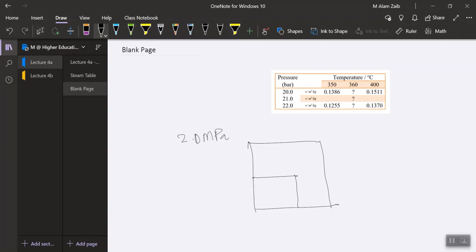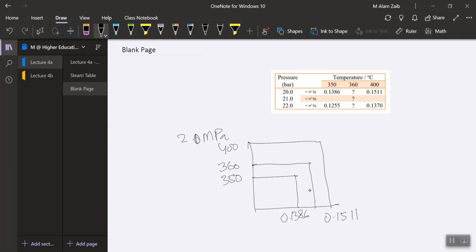At 2.0 megapascal, the value at 350 is given, the volume value I'm saying, 0.1386, and the value of volume at 400 is given, which is 0.1511. Now, to find out the value of volume at 360,